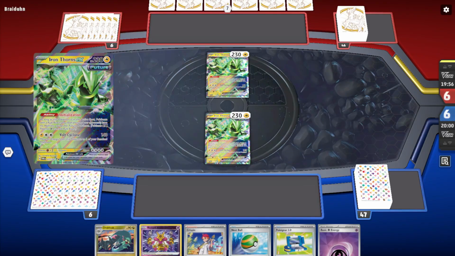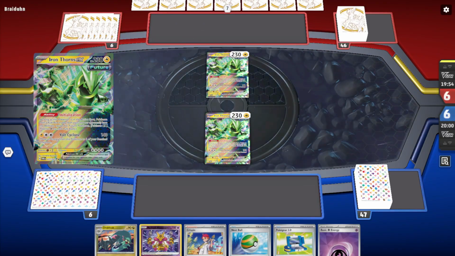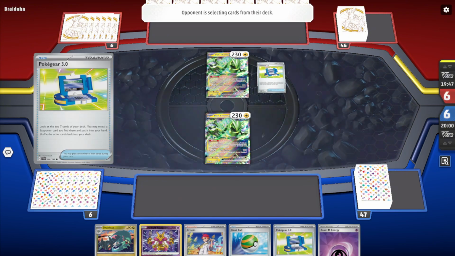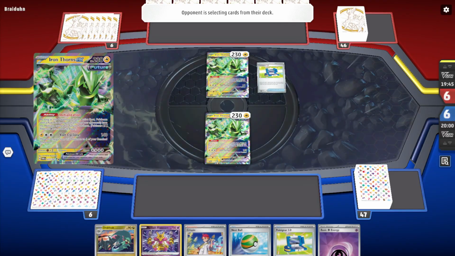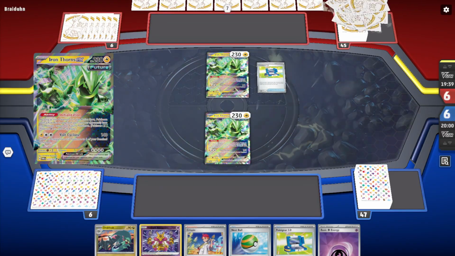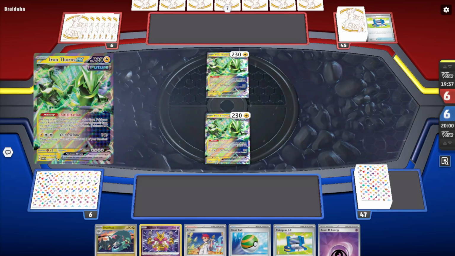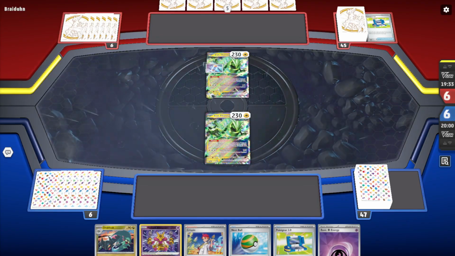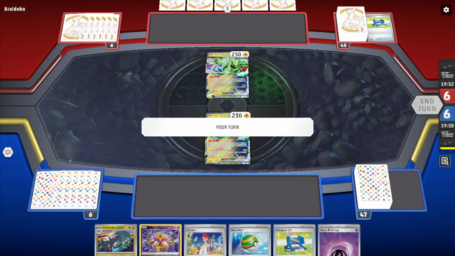Our opponent also opens Iron Thorns. That's really funny. They also play the Pokégear. I'd be curious to see if we're mirroring or if they're playing regular Iron Thorns. There's a research. Okay, Double Turbo makes it seem like they are playing just regular Iron Thorns and not...